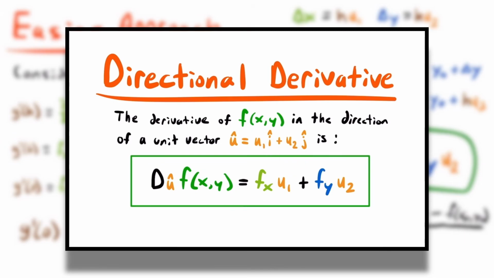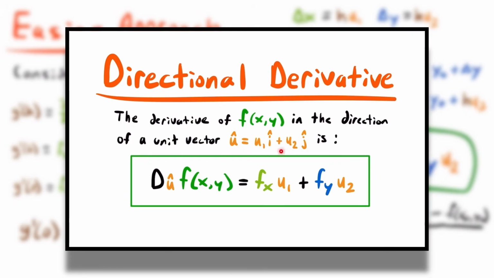Okay, and so if you want to know the slope at a particular point on this function f of xy, you would plug in the x and y coordinates for that point into this directional derivative. That will give you the slope of the tangent line at that point on the surface in the direction of this unit vector. Okay, but now there is an alternate way to represent this formula, because there is another way that we could represent this unit vector,